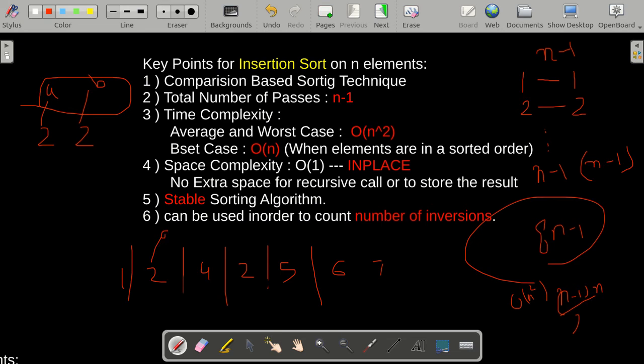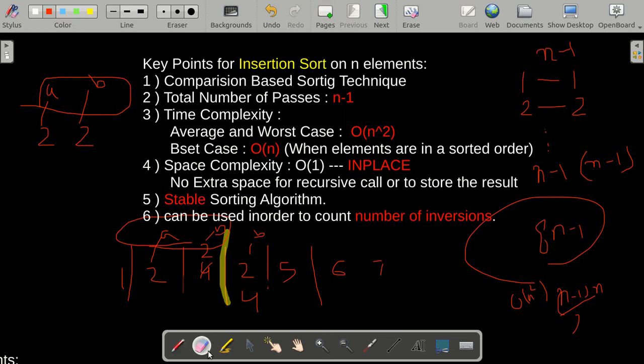Now this is A and this is B. Now this part of the array is already sorted. So now we'll place this 2 over here. We'll check that 4 is greater than this 2. So I'm going to place 4. Now 2 is not greater than 2. So we are not going to do anything with this 2, and we are just going to place this 2 over here. See, still the order of A and B was the same. So this means that it is a stable sorting algorithm.